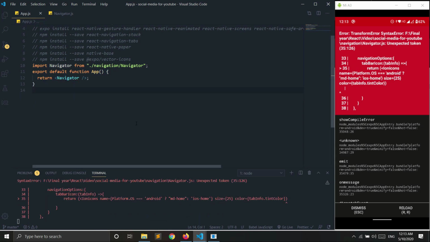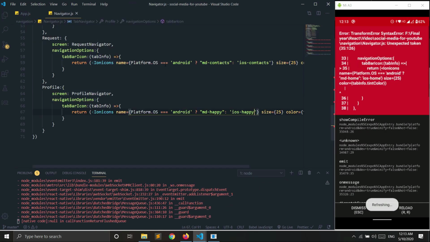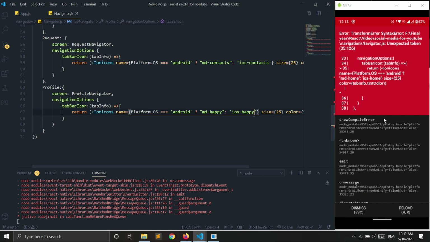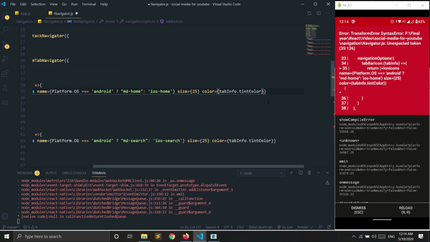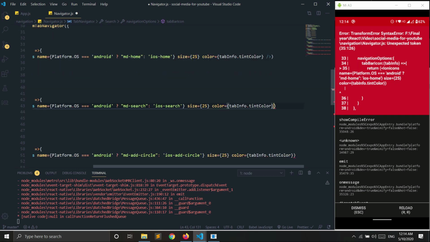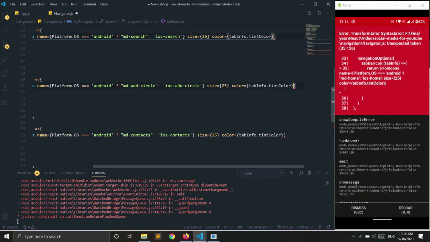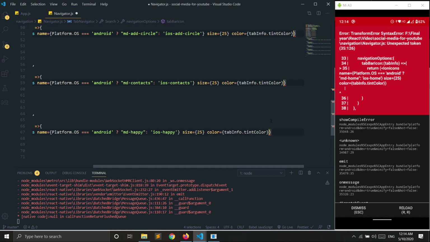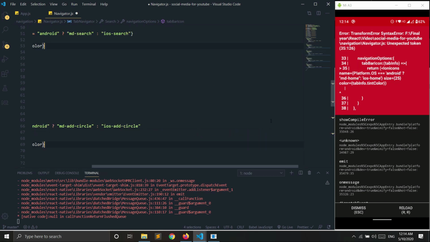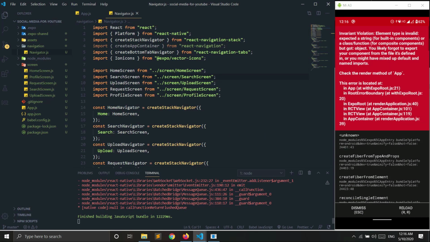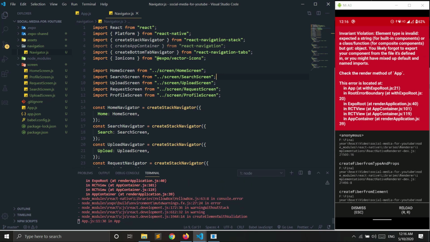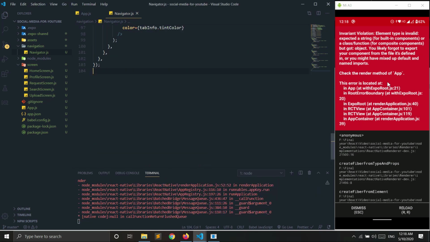Now we are getting an error in the navigator screen. Okay, so I forgot to close the icon tag. So let's just close these tags. And in the end we also need to export our main navigator.